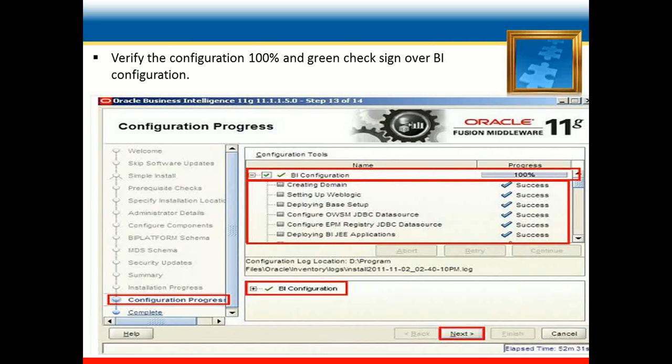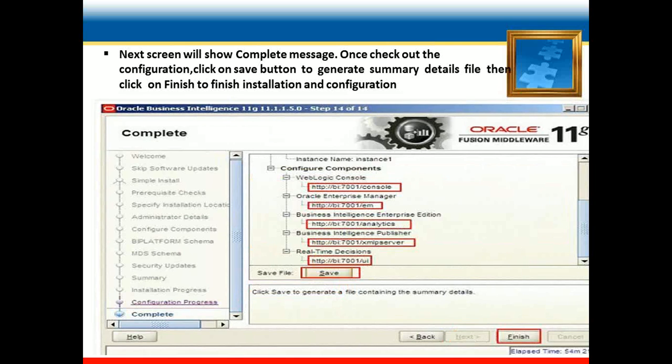And then next, to verify that the configuration completes successfully at 100% or not, we can check the BI configuration in the screen. We just have to hit the next button, and in the next screen it will show the completion messages. Then click finish to finish the installation and configuration.